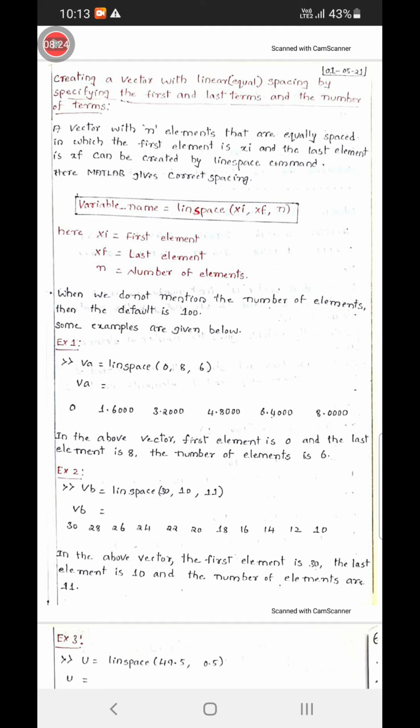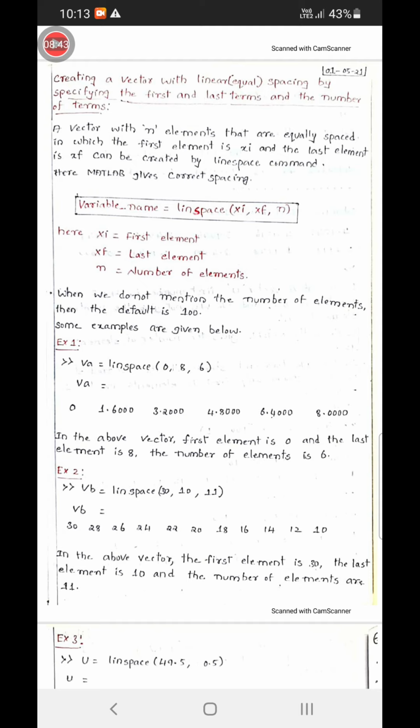How many elements do we need? 11 elements, right? We have specified the number of elements as 11. So MATLAB divides this range into 11 elements with equal spacing.